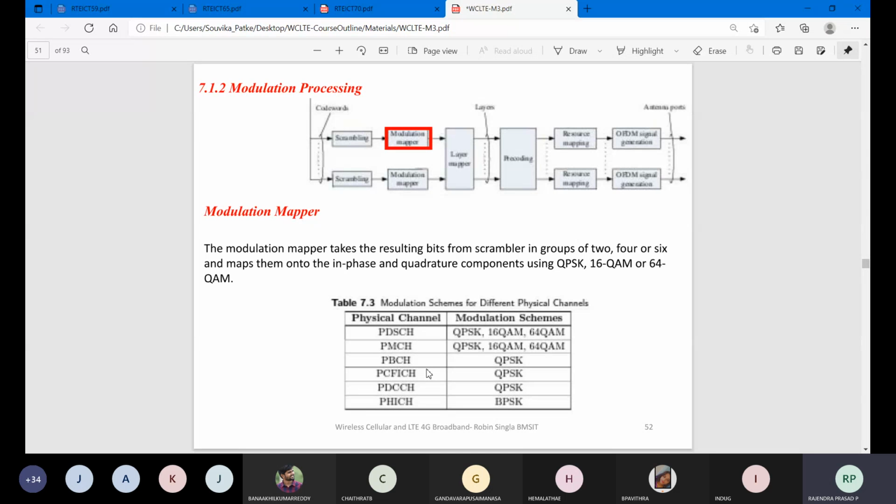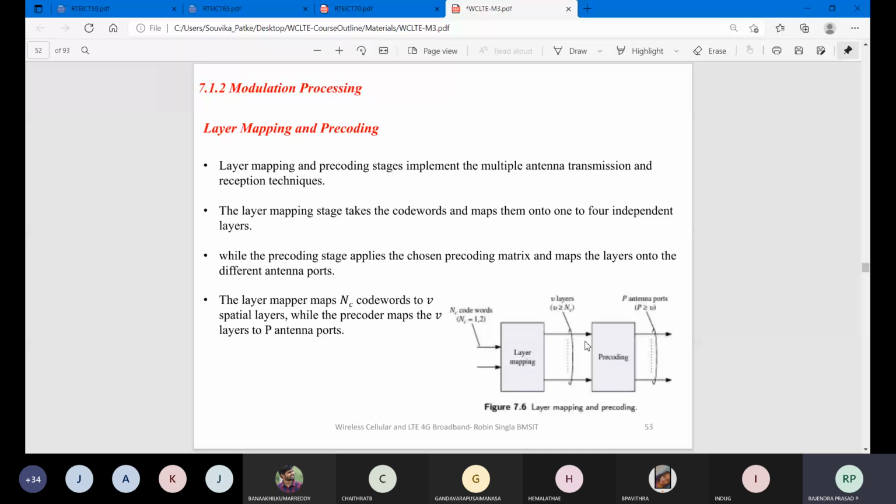These are taken care of by the network provider. So what type of modulation I am going to transmit, that information I should give to him, and he will process the data and transmit it. These are the different modulation schemes and the different physical channels they use for transmission of their data.